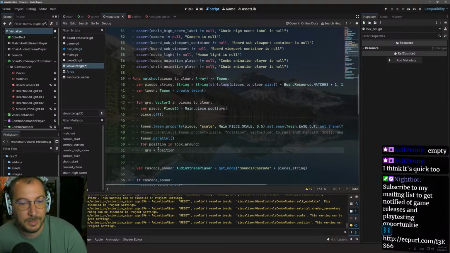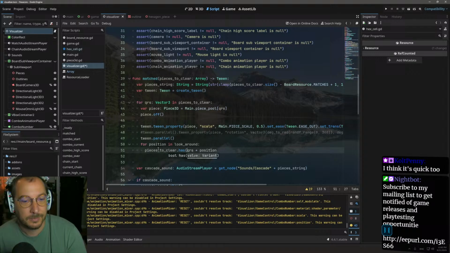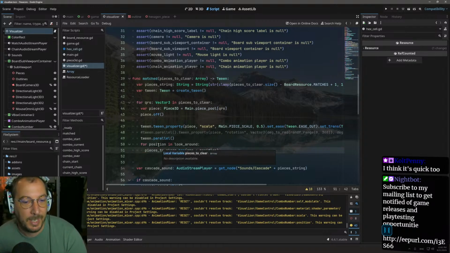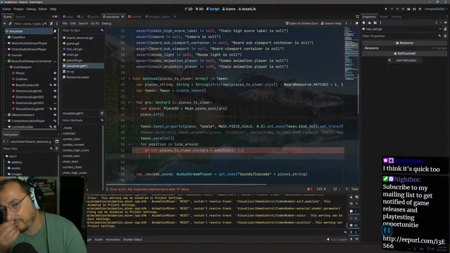And this is what we're going to check for a neighbor. So then we say pieces to clear has this. If the answer to this question is yes, then we're not going to do anything. So if not has, this is what we care about. So if it does not have that position,